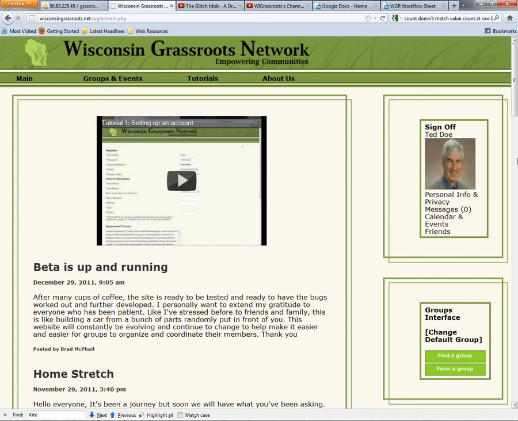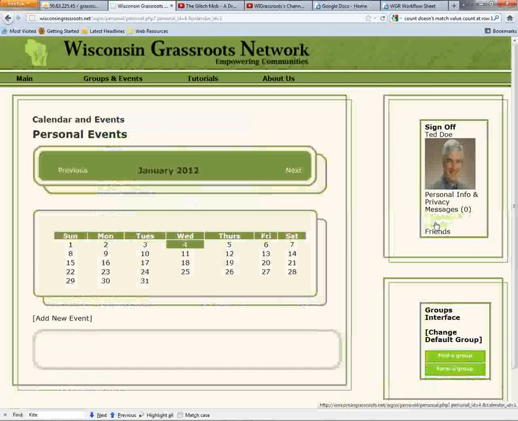And in this tutorial, we will be discussing a feature within the personal interface. It's called Calendar and Events, and I guess we'll just go right into it, and I will discuss it a little bit with you. So just click on Calendar and Events here in your personal interface, and what it should do is